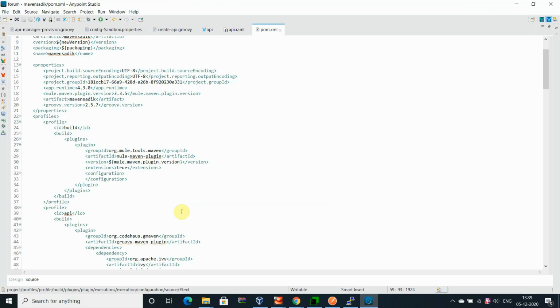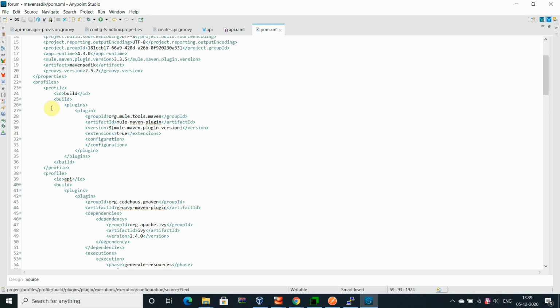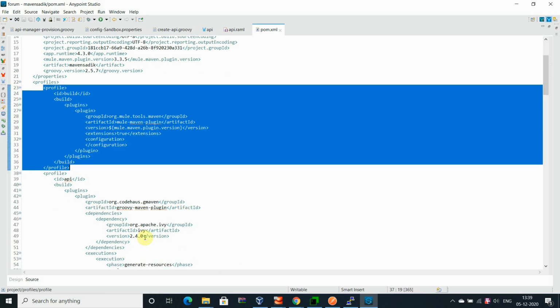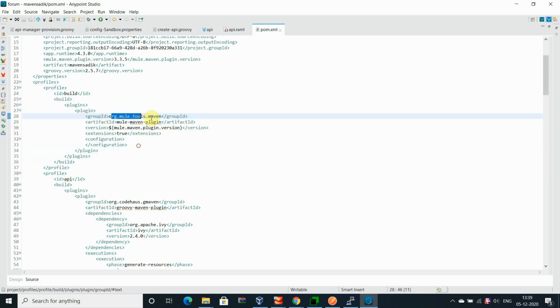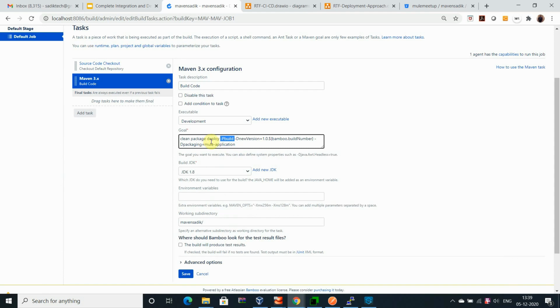This is where I start the Maven explanation. You can see the profile, where I am providing the plugins and information about it, and the task we are executing here. With the help of that, it will be published to the exchange. This is the one part.